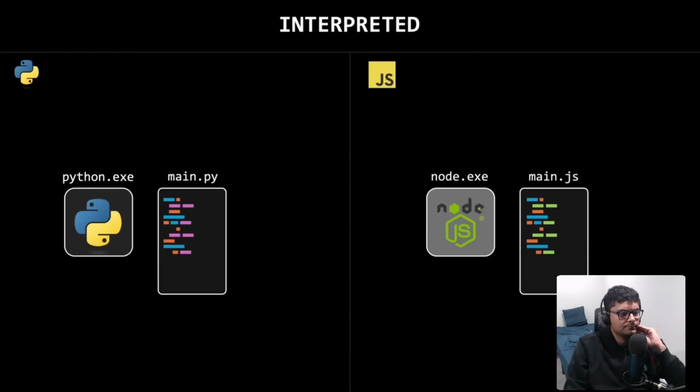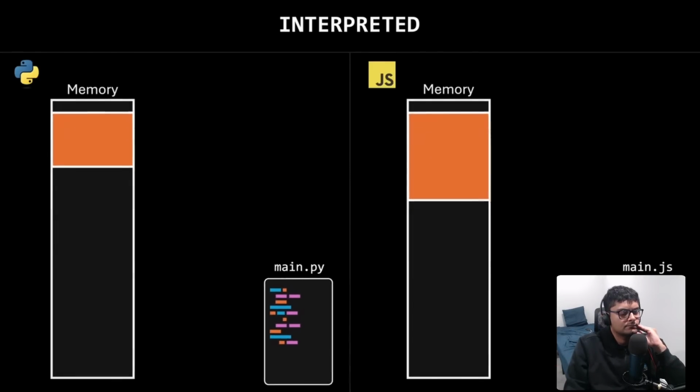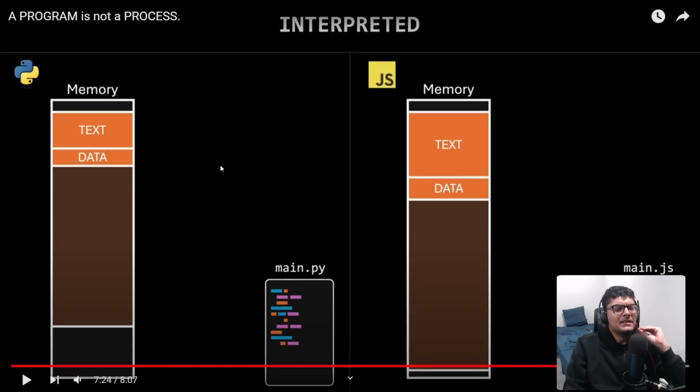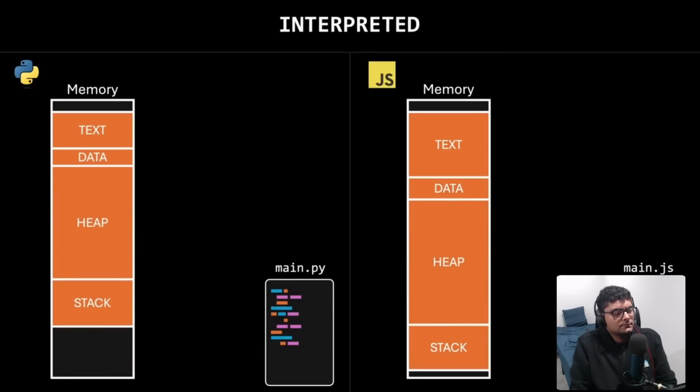So in this kind of situation, the program we're actually asking the computer to run is the interpreter, not the Python code we wrote. Once this new process is created, it has its own memory region, with text and data sections. Right. Of course, every process has a text and data section, but I wonder how that relates to the bytecode, or how the Java virtual machine does it. This is from the operating system's perspective, but from the Python interpreter's perspective, it's going to be reading the bytecode. Where's the bytecode? Probably within the text region. I think I'm just confusing myself. Maybe they are distinct. As well as a stack and a heap, just like any other process.